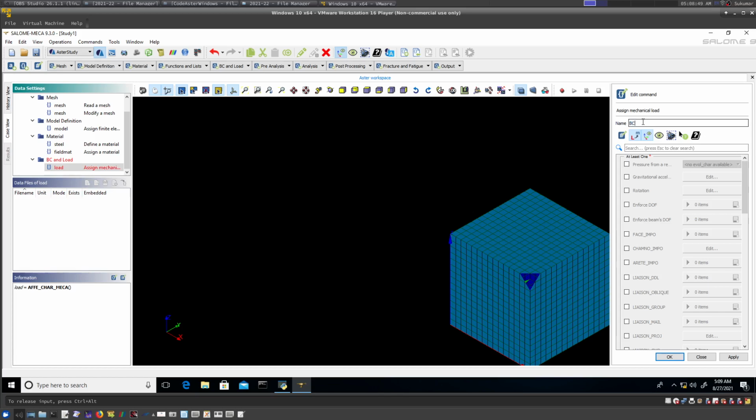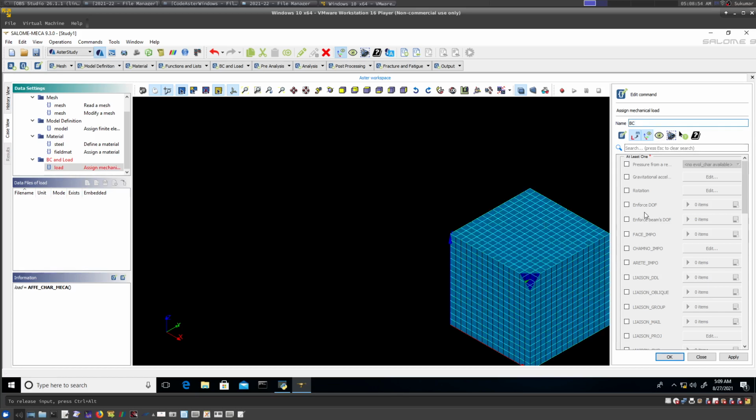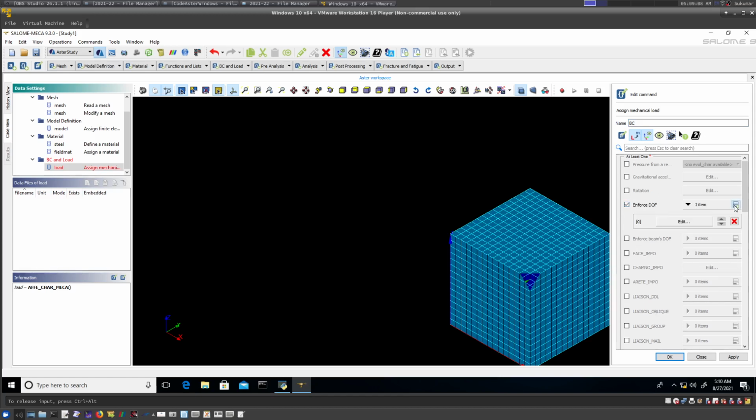So I will say it is BC, boundary condition, and the boundary condition for this, these are the things: enforce DOF, enforce some degree of freedom. Okay, so I will select this and I must specify, so I need something more. So one item I am editing. Okay,